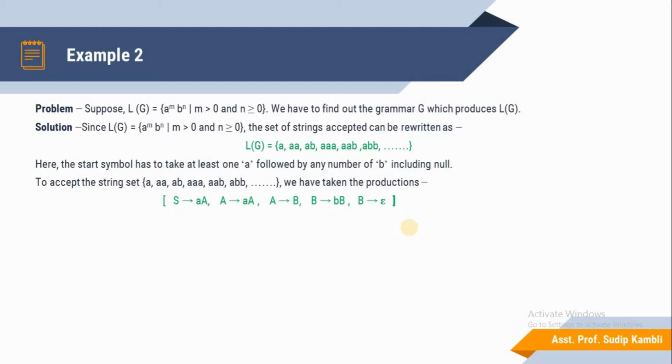So b raised to 0 means the null string, and the null string is produced by using the production rule B derives epsilon.